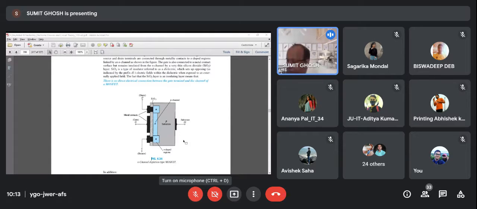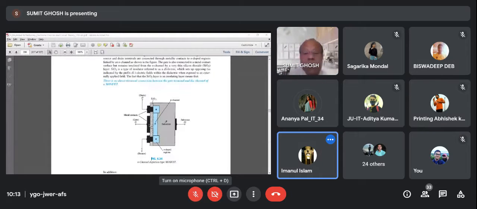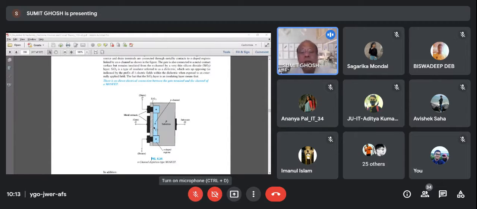So everybody agrees with Vishwadip? He said, yes, on the left side is the metal, okay, and in the middle it is silicon dioxide, but you can say it is oxide. M is metal, O is oxide, and all of this is semiconductor. So there are three layers: one is the metal, another is oxide, another is a semiconductor. This oxide acts as an insulator between the metal and the semiconductor.